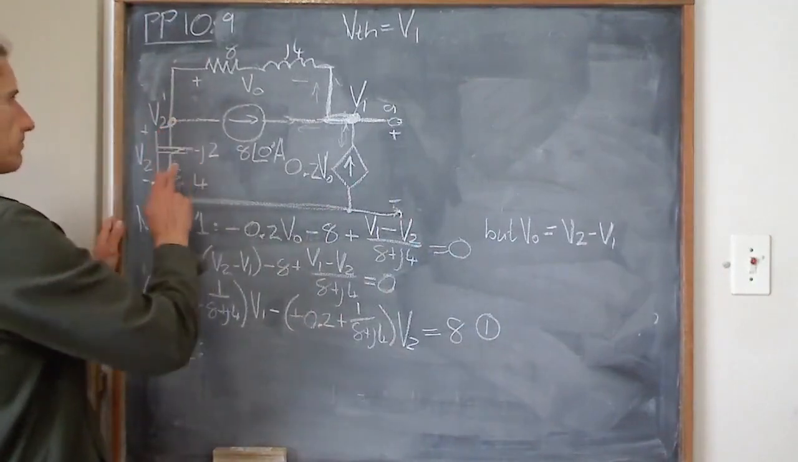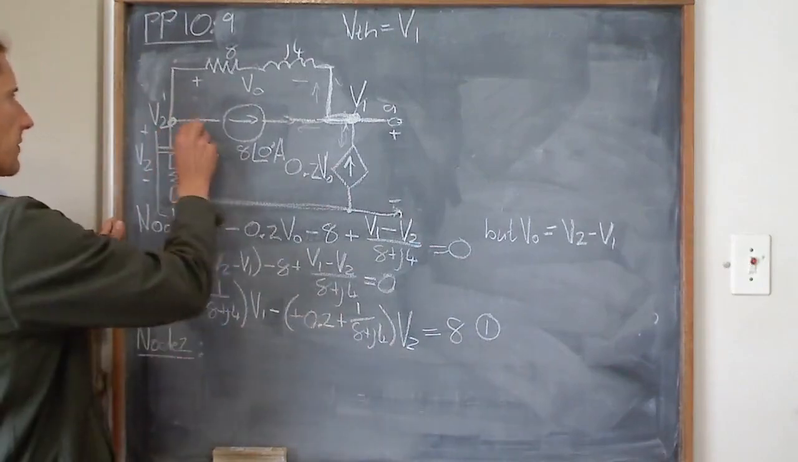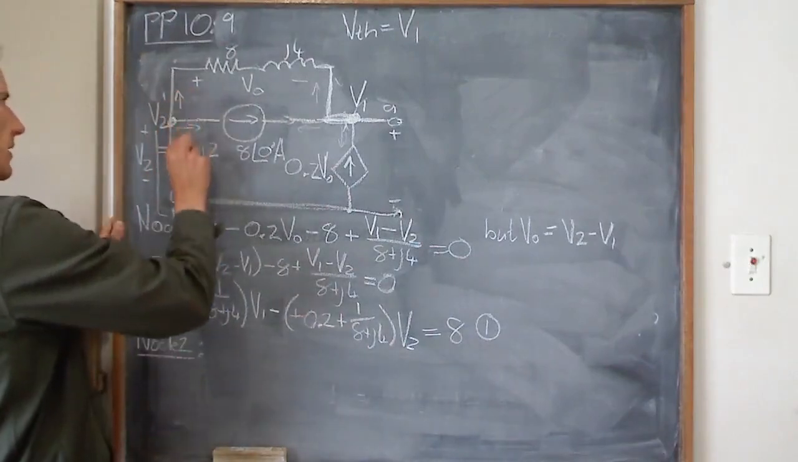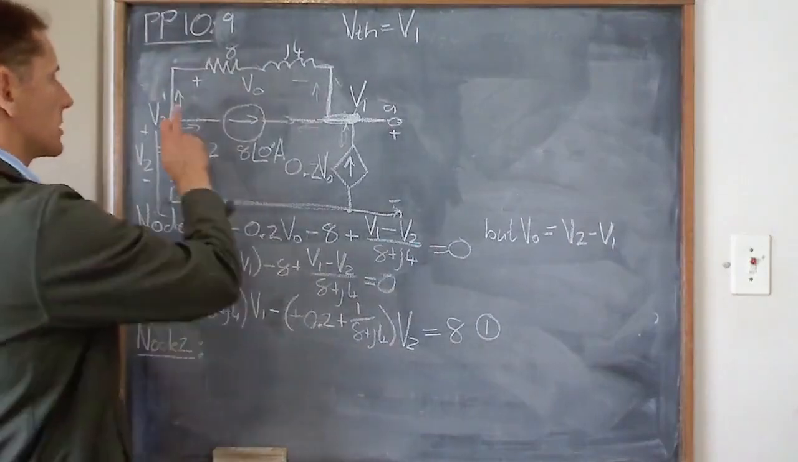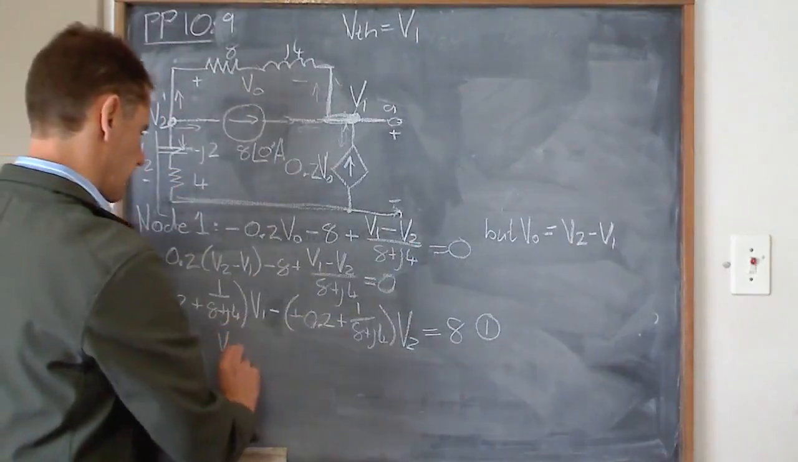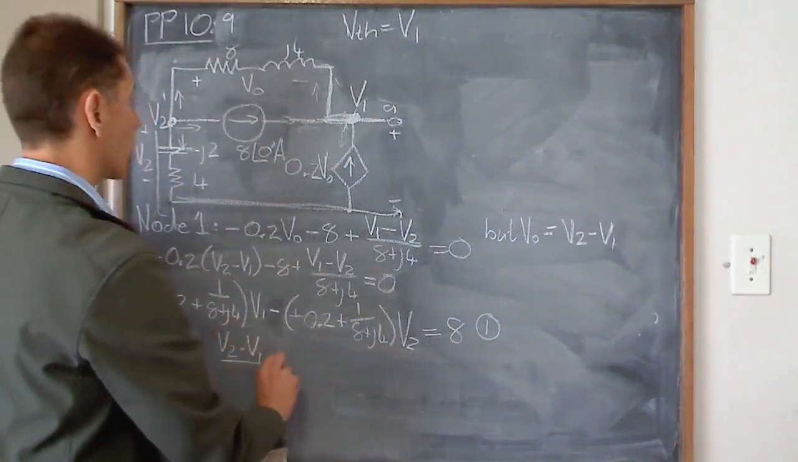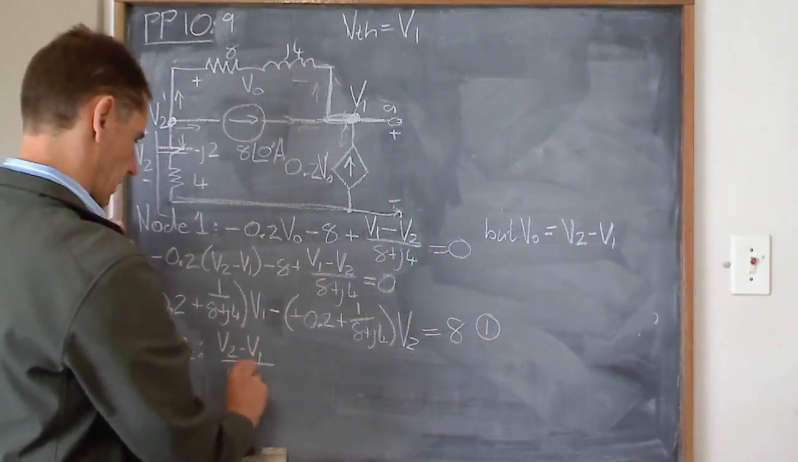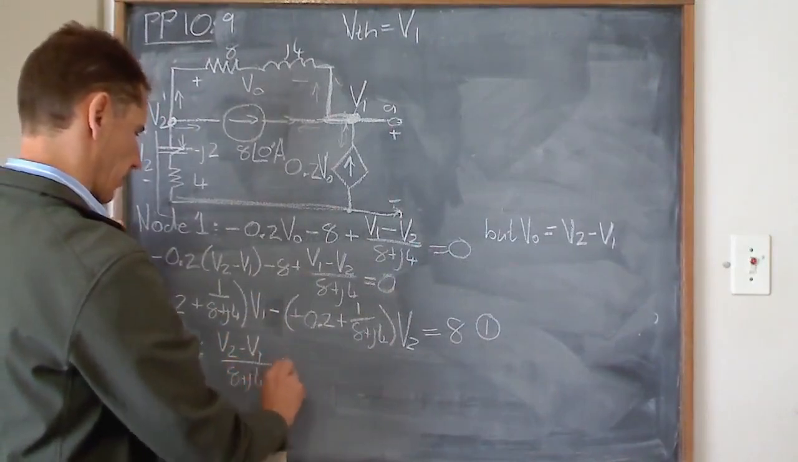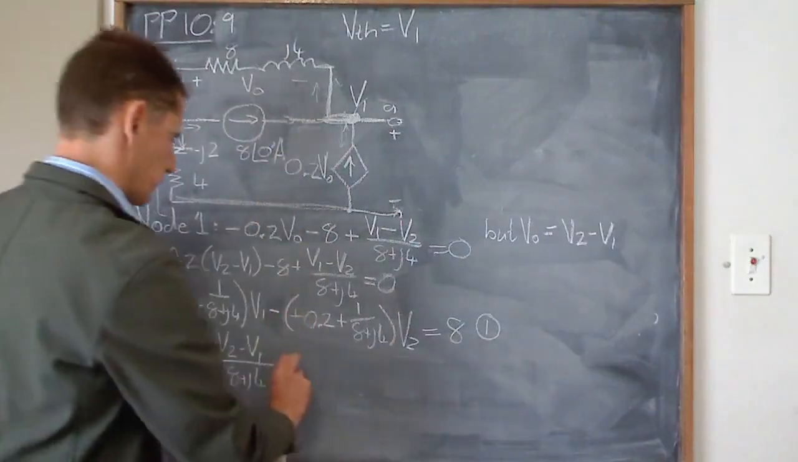this one. All the currents going out. So now I've got that current, I've got this current, and I've got that one going down. So let's start with the top one. V2 minus V1 over that 8 plus J4, plus that one, which is an 8 plus J4,